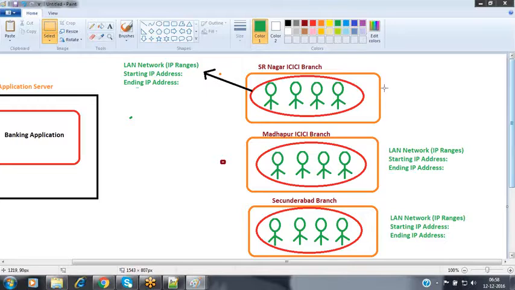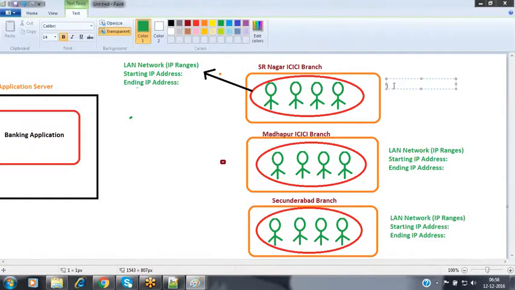Now this SR Nagar branch will be available for a specific time period, as the bank timings are morning 8 a.m. to evening 8 p.m. This is 12-hour banking.